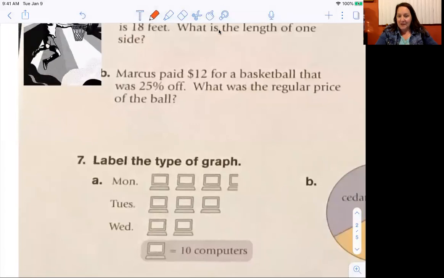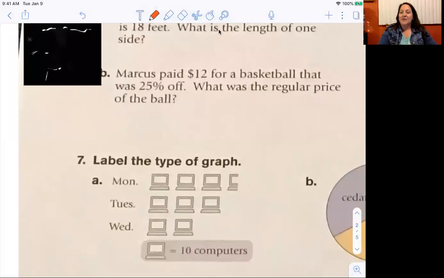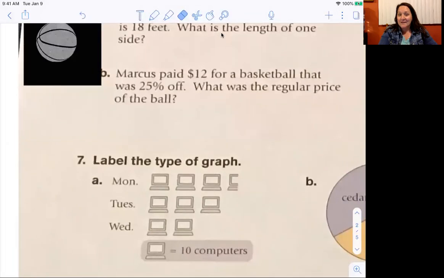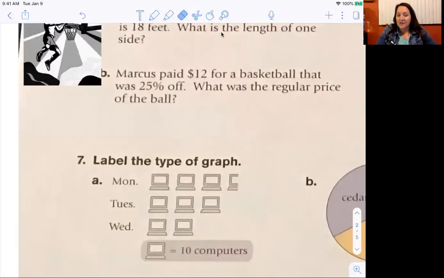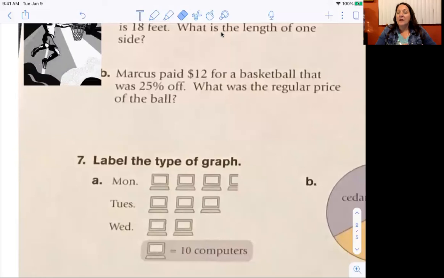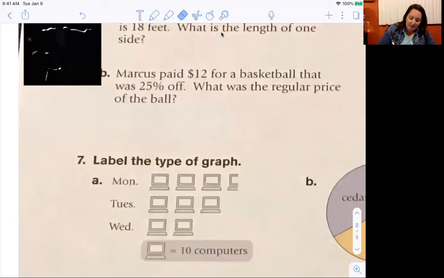Okay. So $12, it was 25% off, so that's my sale price already. We want to know what the regular price is of the ball. So this problem takes a little bit of thinking. We have $12, it's 25% off already. That's our sale price. Really what we're going to ask ourselves is $12 is